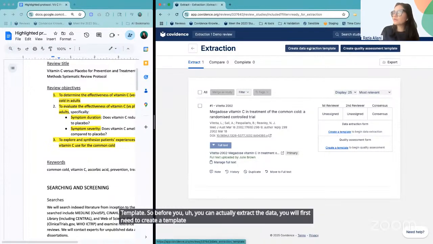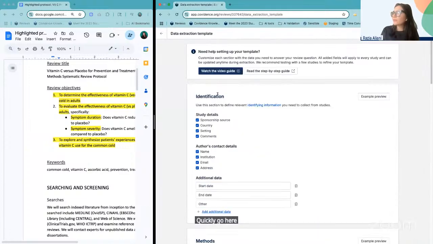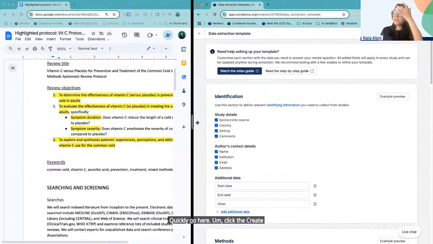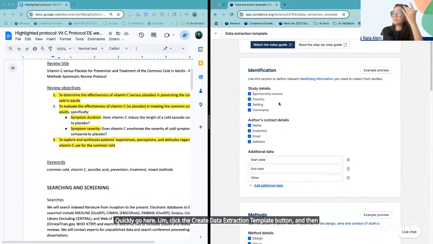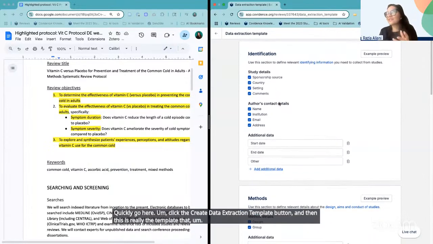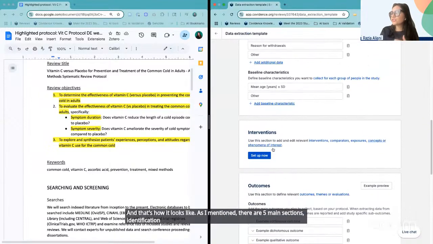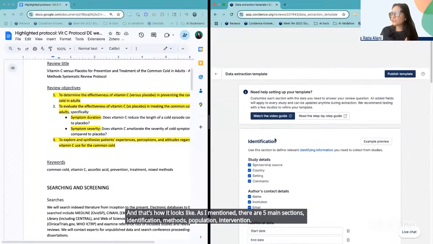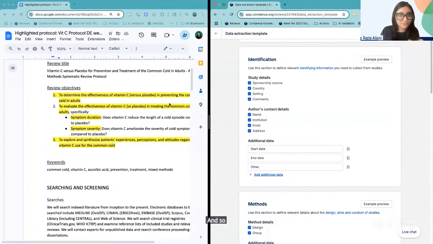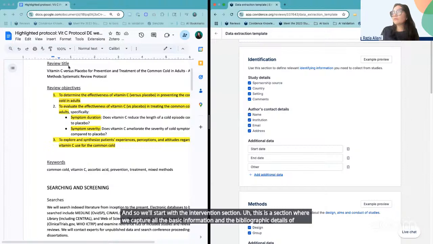So I'll quickly click the create data extraction template button, and this is how the template looks. As I mentioned, there are five main sections: identification, methods, population, intervention, outcomes, and the results section. We'll start with the identification section. This is a section where we capture all the basic information and the bibliographic details of the study. Covidence already includes some default fields in the identification section,